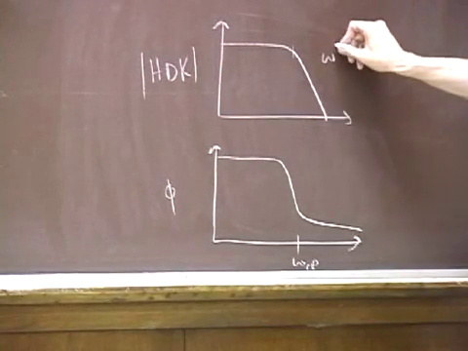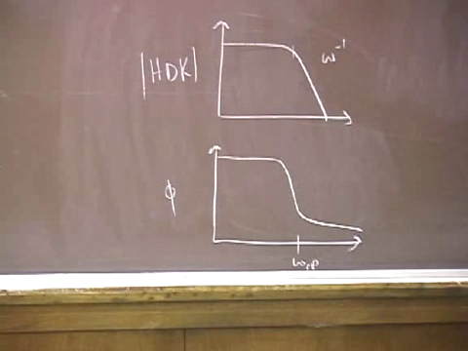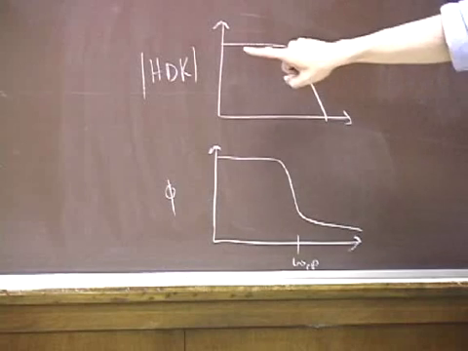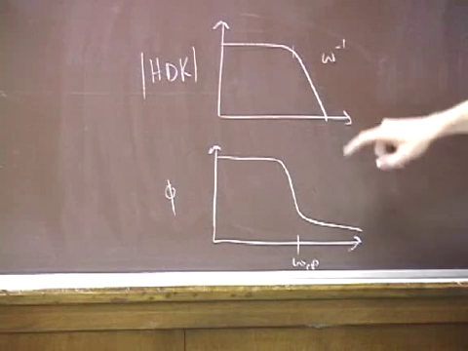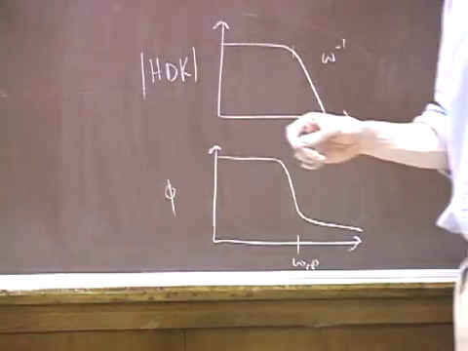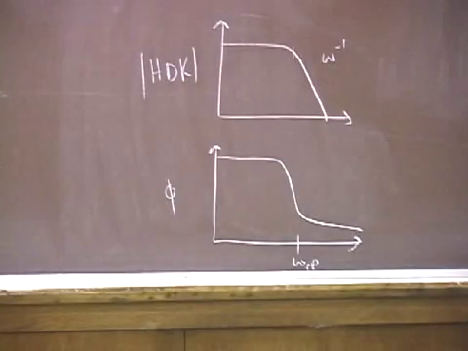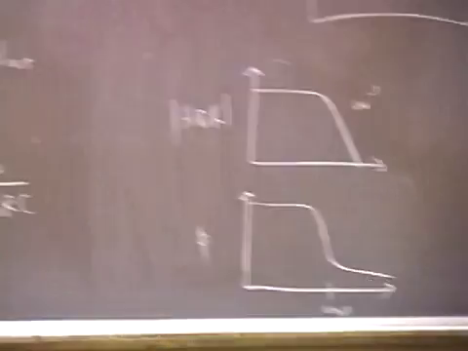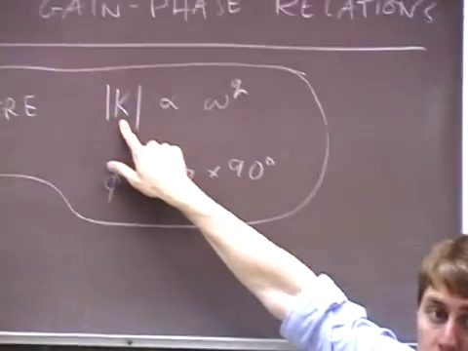Above this, the open loop transfer function, that is just the product of each one of these things, falls off as omega to the minus 1. But the phase that it goes down to, let's see, do I still have Bode's gain phase relations? I do. The phase that it goes down to, wherever the magnitude of